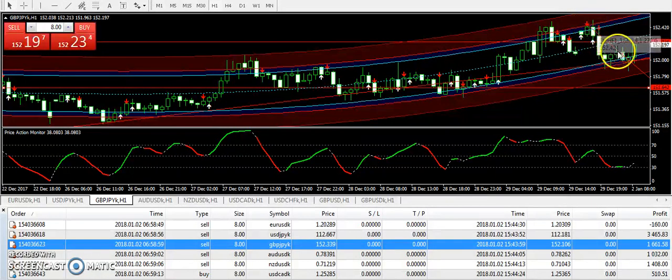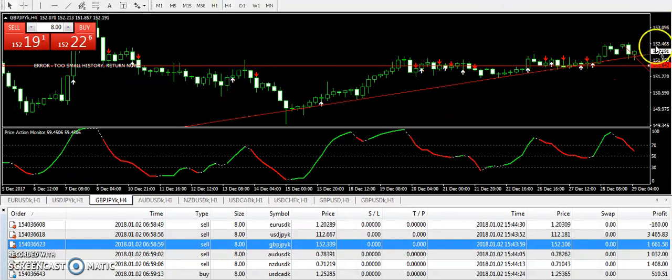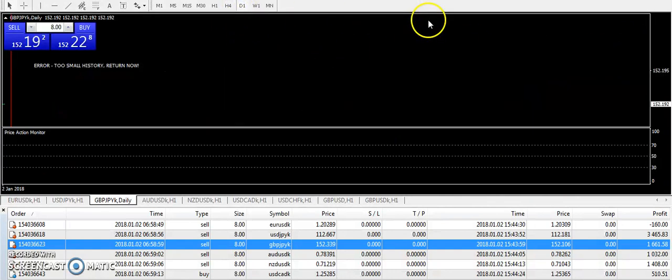It has taken a U-turn and then the market has gone down. Right now you can see that Great Britain Pound JPY is again making a bullish pressure at the moment, but still, guys, the concept remains the same. The price has already reached very mature levels, so we do not show any interest in buying the